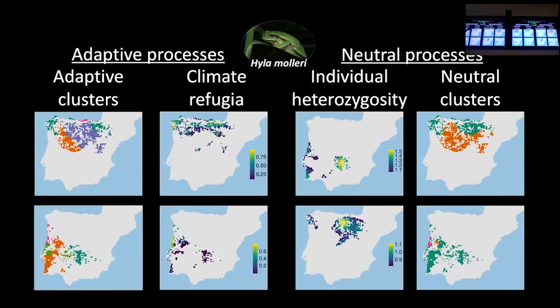But we also looked at climate refugia. These places in yellow are more likely to stay stable in the future under climate change. So if we want to promote adaptive processes, then it might be good to secure these areas. We also measured individual heterozygosity, which is a very coarse measure of genetic fitness, again with a huge asterisk and a bunch of assumptions. You can talk to me later if you want to know what those are. But broadly speaking, we want places with higher individual heterozygosity. And we also match patterns of neutral clusters.